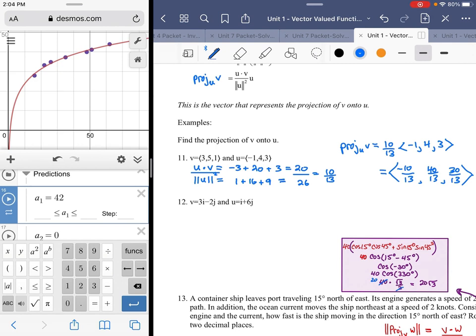So it's taking the component of the projection of U, so the magnitude of the projection of V upon U, I should say, and then incorporating that into the direction of U to give us a sense of what the vector is. All right, so U dot V,